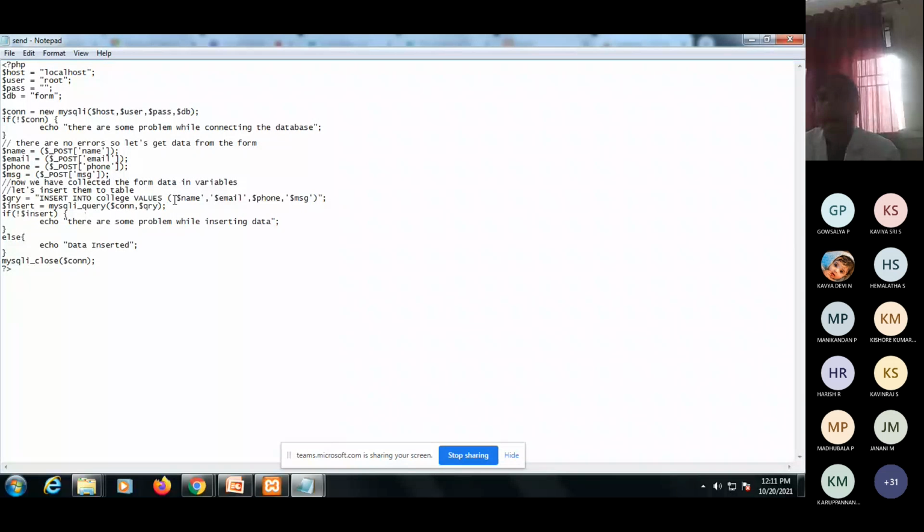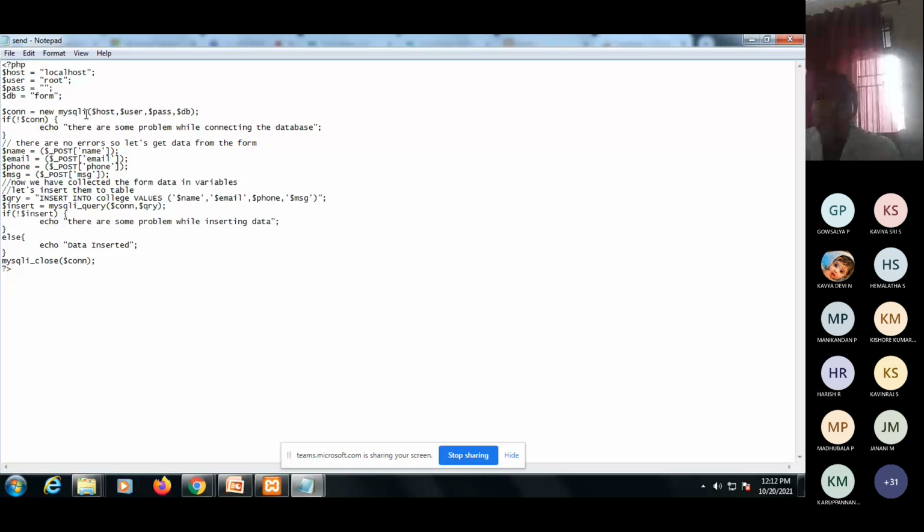Then dollar insert. Through this dollar, I'm passing the parameters, the values. In this dollar insert, this query, I get it through this MySQL query with the connection.